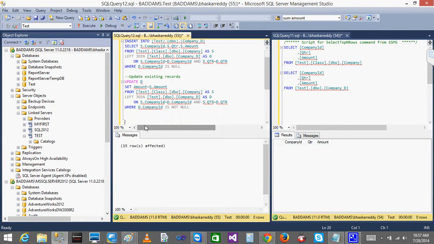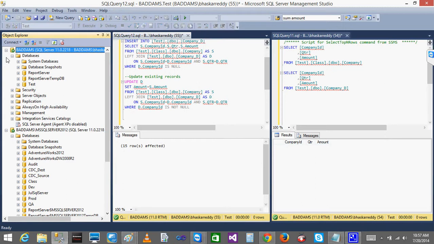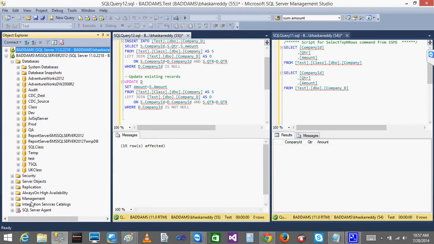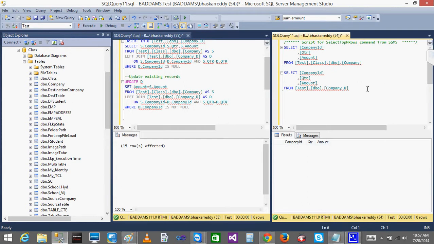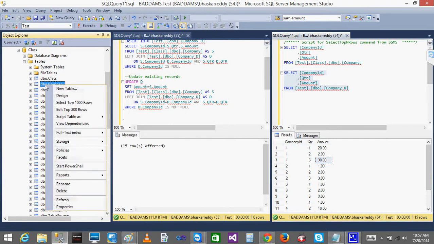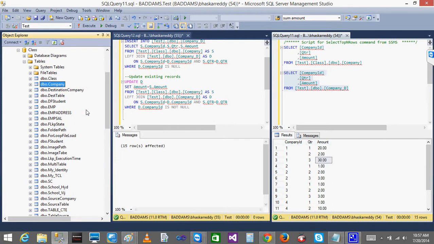Now we got it. Now what I am going to do is go to the source table. So this is the source table in the class. We have already inserted the new value. If I see the table in the source, and this is my table in the destination, I will be getting all the records. Now in the source table, I will just do edit top 200 rows,